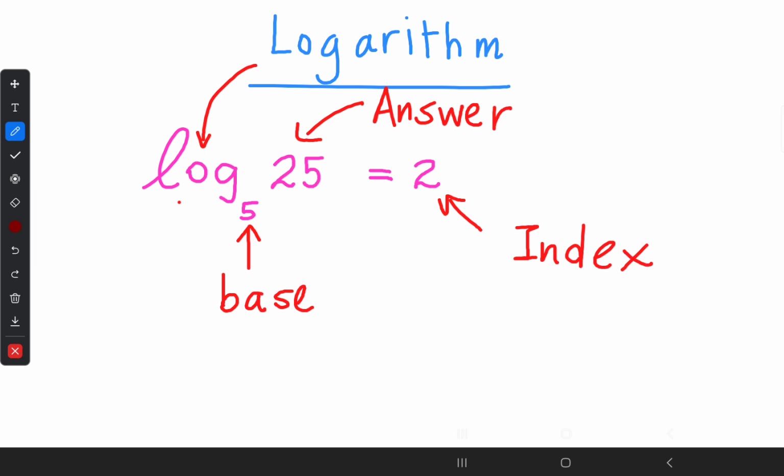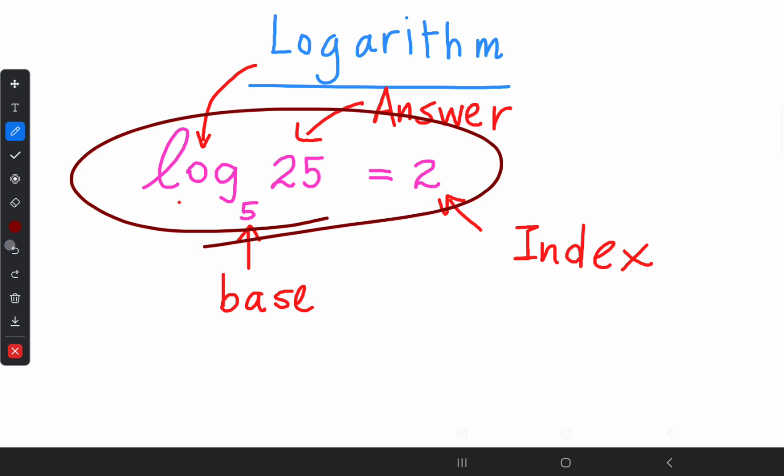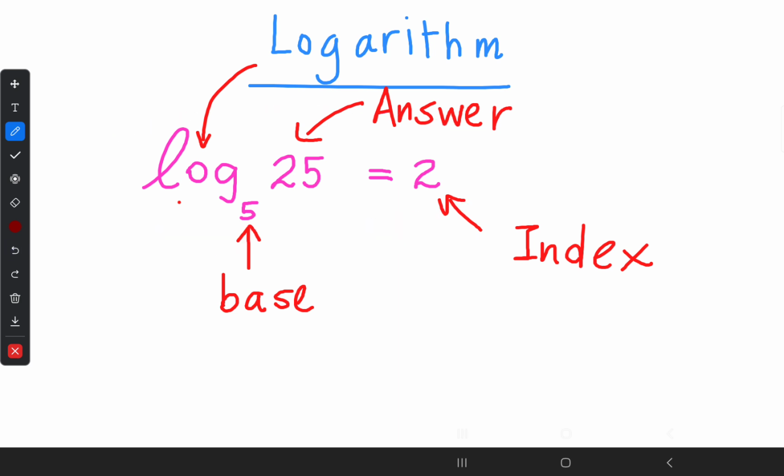So what does the logarithm mean? We are going to convert the logarithmic notation. Students who know mathematics will understand what a logarithm is. The people who don't know logarithms cannot understand. So we have to make it simpler and understandable for everyone. For that, let's convert this to a simple, normal notation. This would be the logarithmic notation, and we are going to convert it from the logarithmic notation to